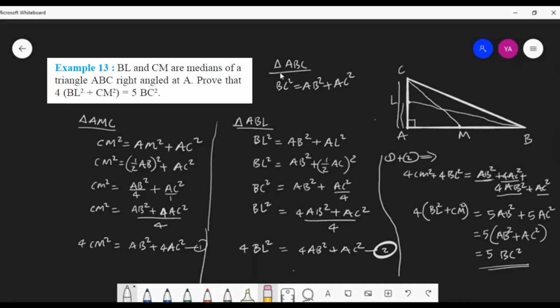Okay, I think this is very simple, right? After drawing the picture, we identified two small right triangles. In those two right triangles, we applied the Pythagoras theorem, so we got two equations. After reaching these two equations, we compared what we have to do with them to reach the given result. So look here, by adding, we reached the result.